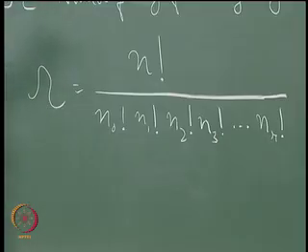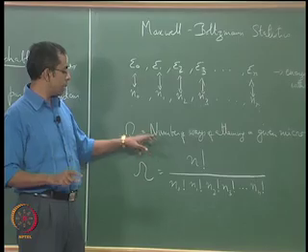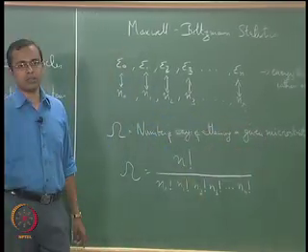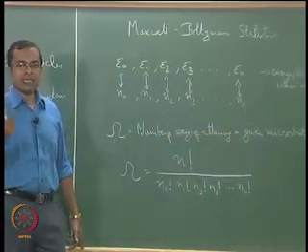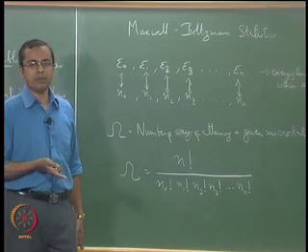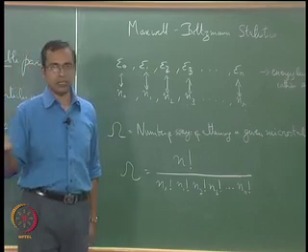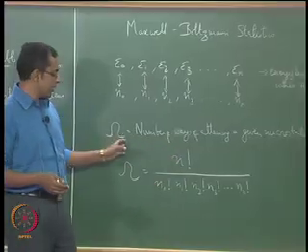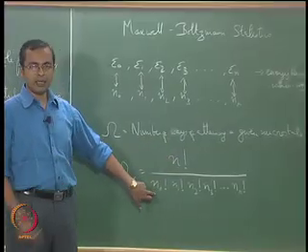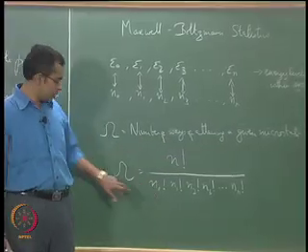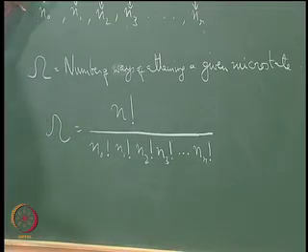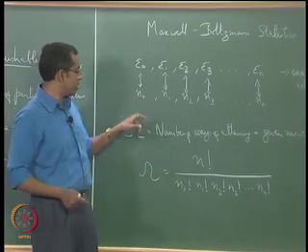That particular combination which maximizes the value of omega results in that microstate becoming the most probable microstate. We said upfront that if it is the most probable microstate, that is the equilibrium state, because it will swamp all other states combined. So if you can find the set which maximizes this omega, that is the set that you are interested in. The moment you know that information, you know the distribution.